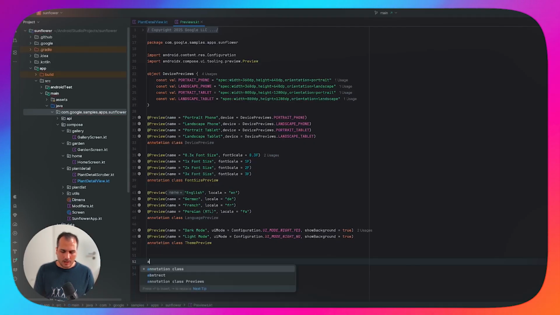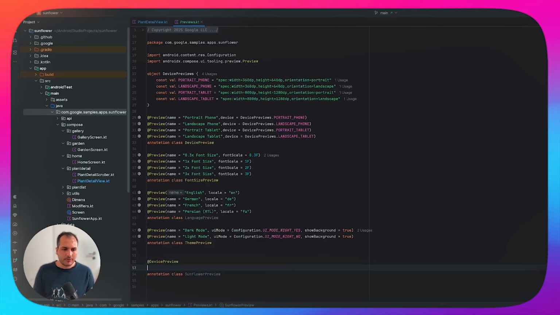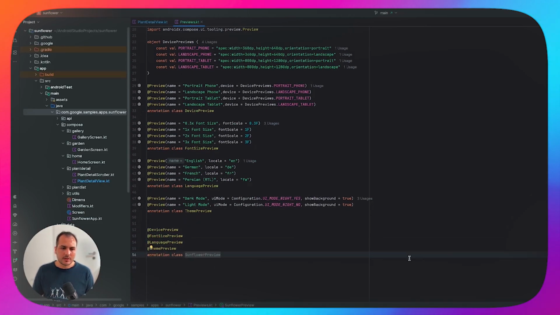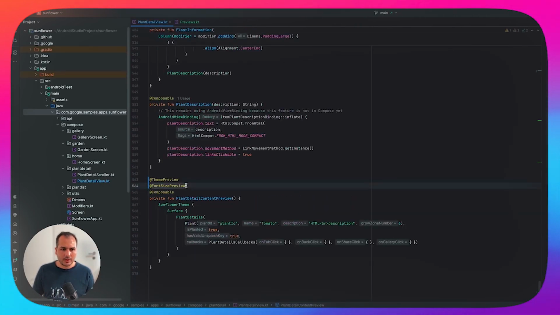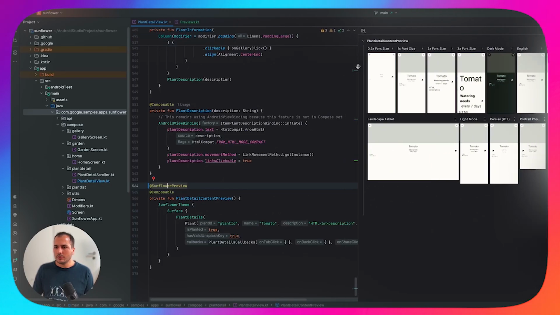And so for that, I create another annotation class. What should I call this? Like Sunflower preview, and add all the above previews in this, and the language is missing. So we covered all of this and we have Sunflower preview. Instead, we can remove these. You see we have one preview,